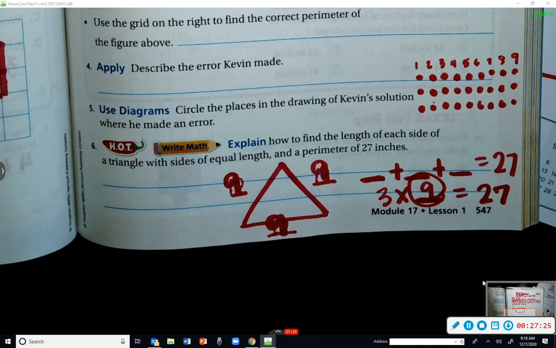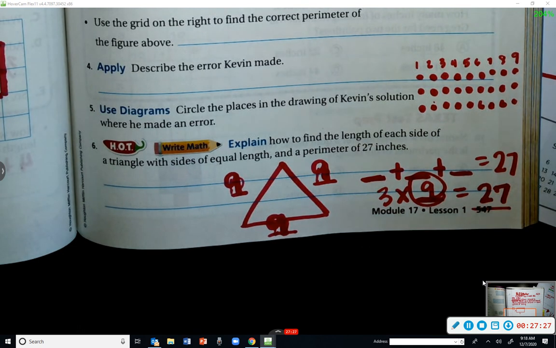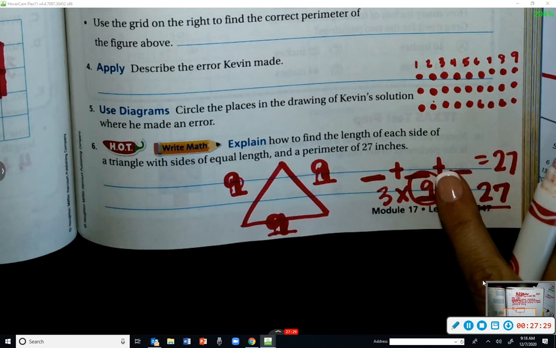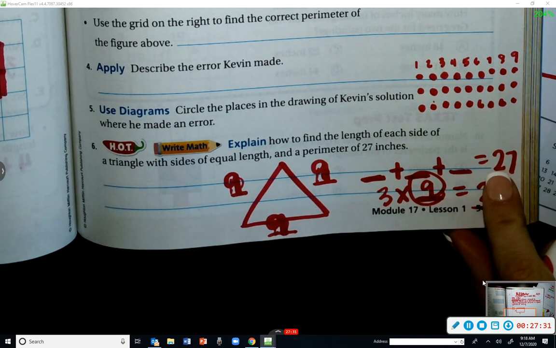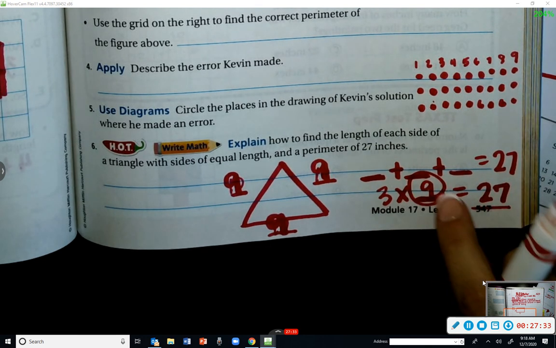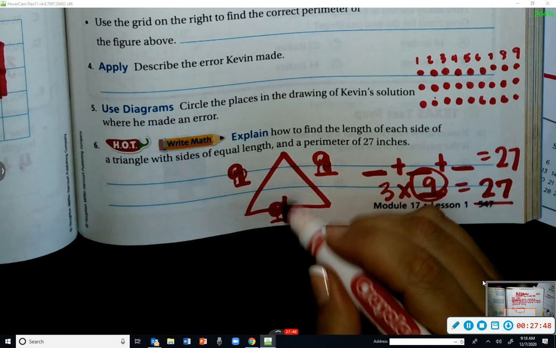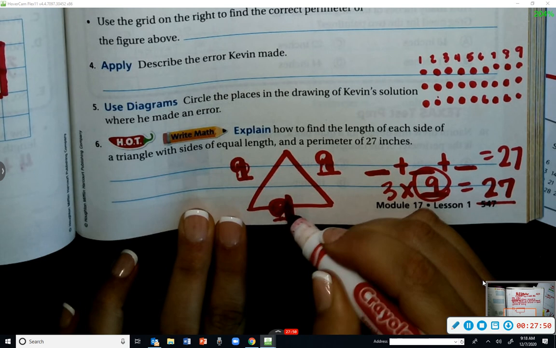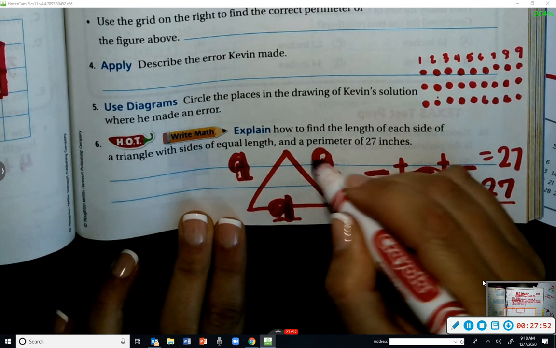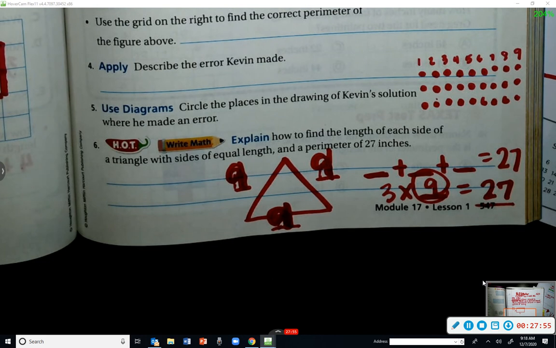Okay, so when you're given the perimeter and all the sides are equal, it's basically like doing a division problem. 27 divided by 3, and we got 9. And why did we divide by 3? Where did the 3 come from? Bryson? The 3 came from I had to find 27. And so